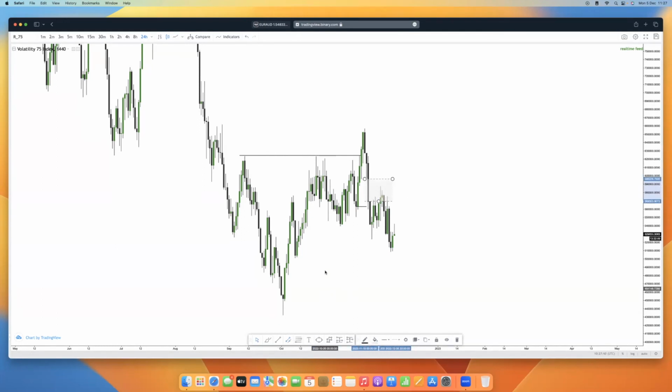So what am I anticipating now? Structure is going to the downside. As we can see, we have this lower low, lower high, and then this lower low. We kind of have some equal lows in this area, plus this imbalance here. So for VIX 25, I'm still in favor of price going to the downside on the daily.